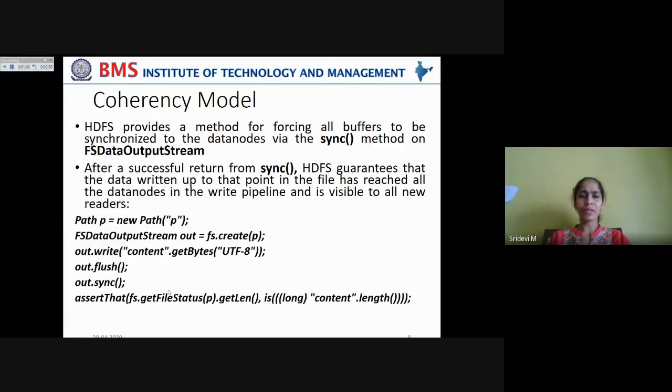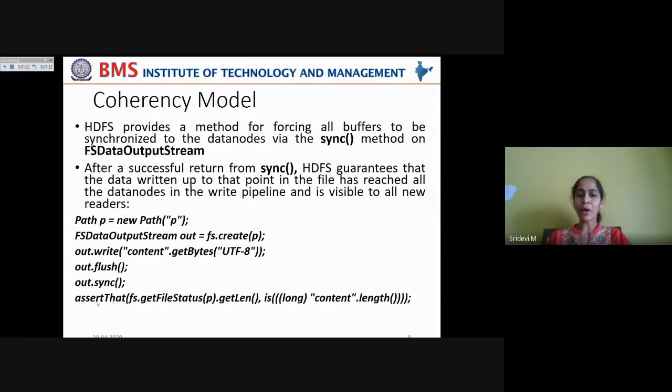That is shown with this code. You're creating a new file in the file system, writing the contents to the output stream and flushing the contents. Now you should also call the sync method through the output stream so that it ensures that all the data has reached the data nodes in the write pipeline.